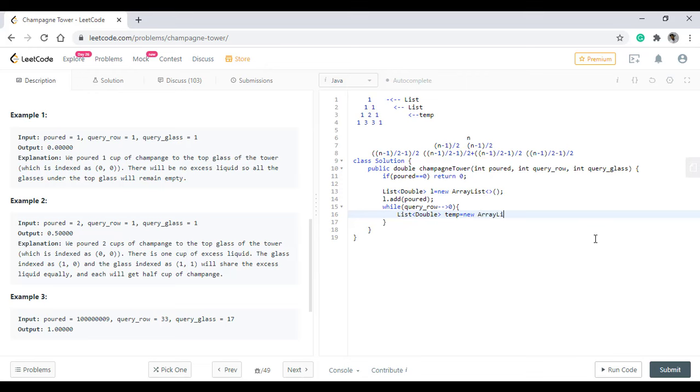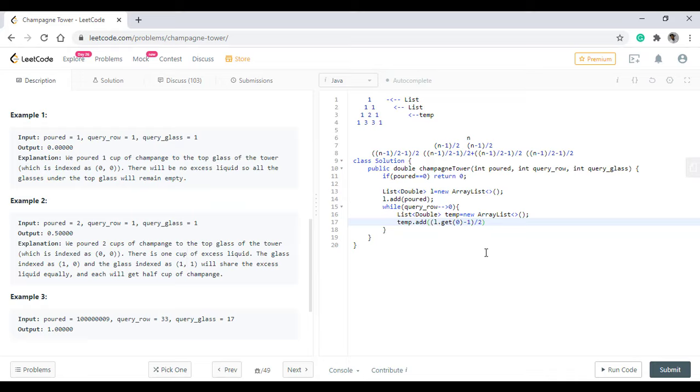We can create this. When we create this, now in each Pascal's triangle row we know we have the same 1 and 1 value. So in this case we know that the starting value will be n minus 1 by 2. So we'll add this value, and we'll take L dot get 0 minus 1 by 2.